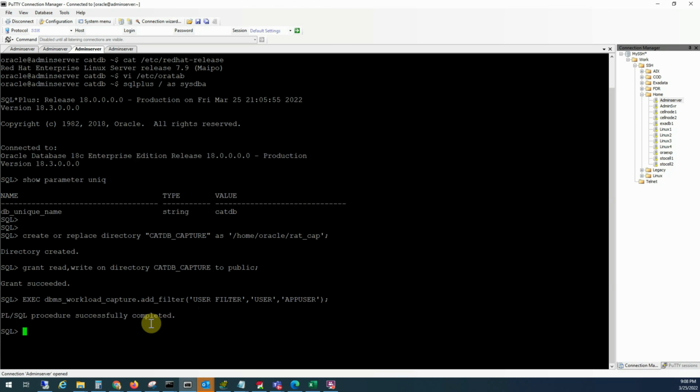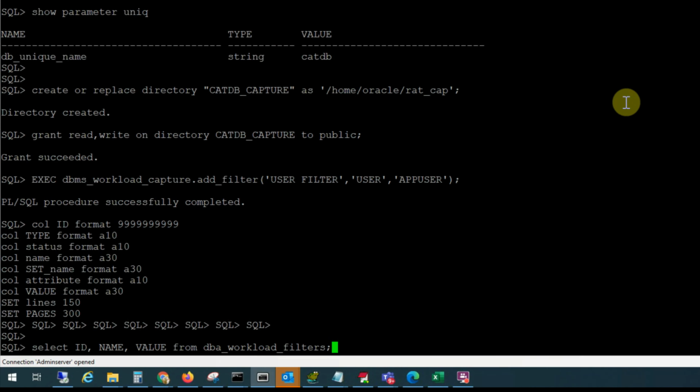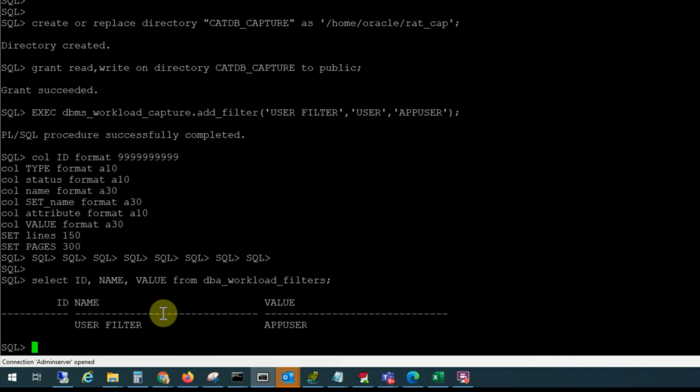So the filter is successfully created. Now you can check out the filters that we just created. I will simply check the name of the filter that we created. The name of the filter is user filter. There is no ID associated yet, and the value of the filter is app user, that is our application user